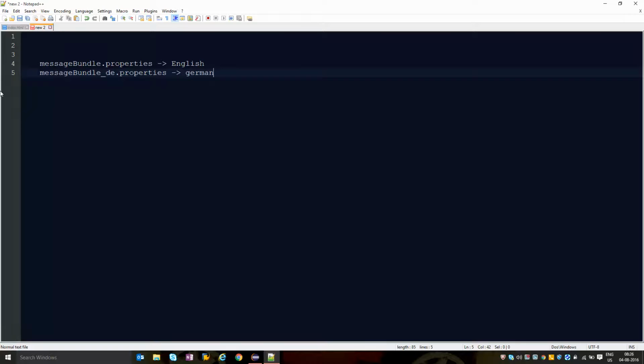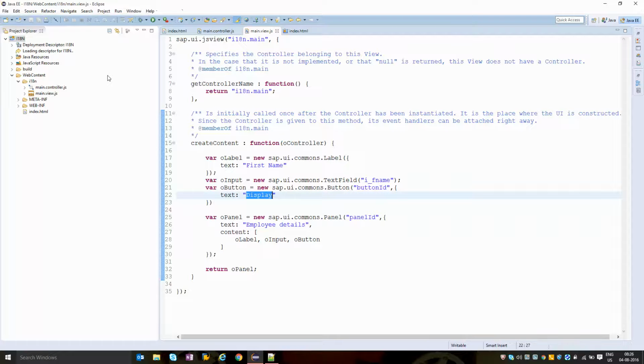When I load the file, the system will identify the logon language, whether it is DE or EN, append the language code to the base file name, and try to pick that particular file. Now I haven't created any file with that name, so the system will by default take the base file, which is also in English, and load it. If the language file is available, then the system will pick that respective file. So that is how it works.